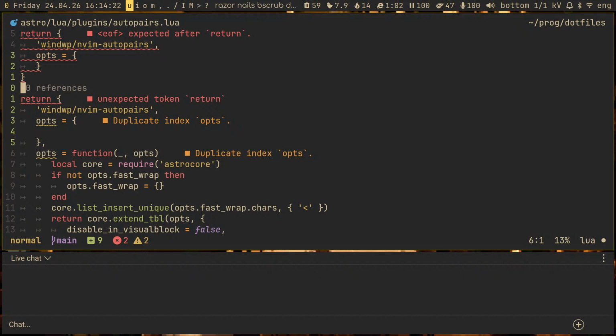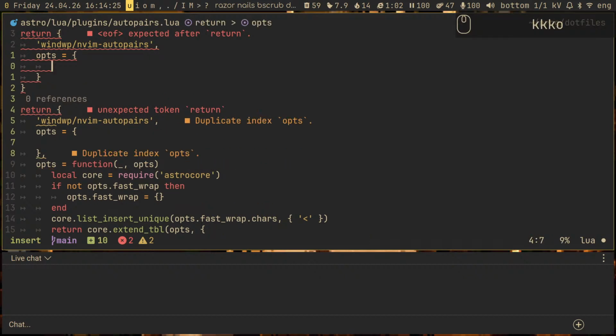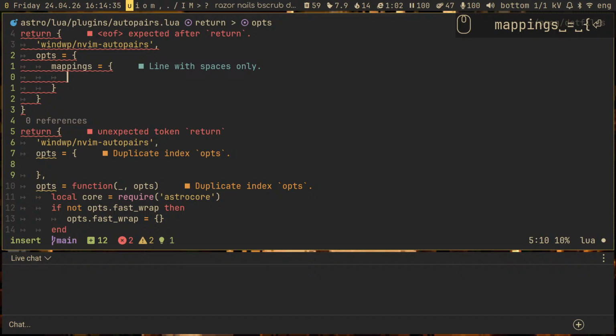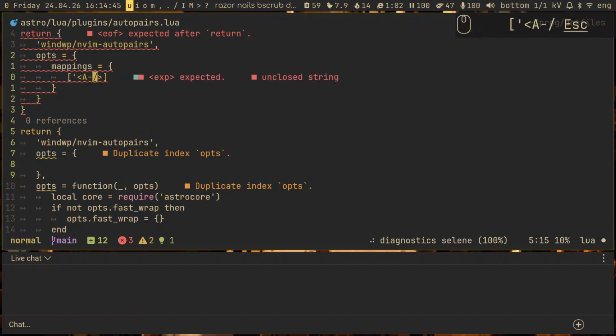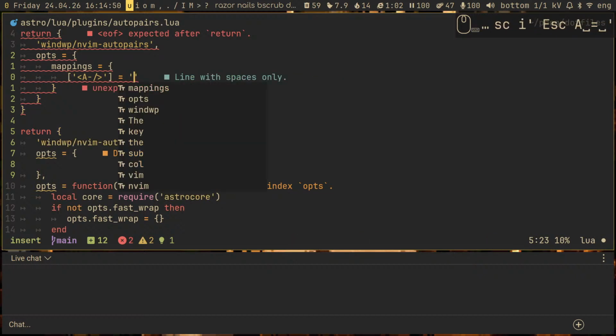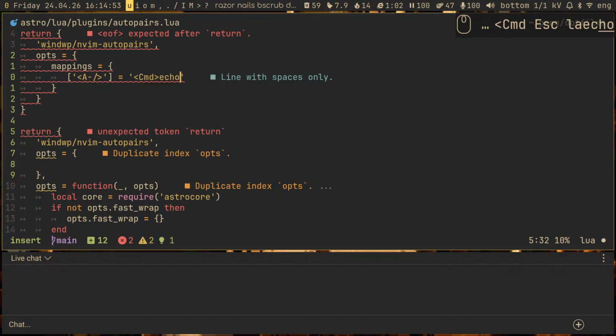So the benefit of this is that the options that you define here, I don't remember what options AutoPairs specifically has, but let's say, for example, mappings. That's a common key that plugins tend to have. Let's just imagine it exists. It's an example that probably doesn't actually work. I'm trying to explain just the concept here. So I define a mapping for alt slash to, I don't know, CMD, like echo high, something of that sort, right? Boom,